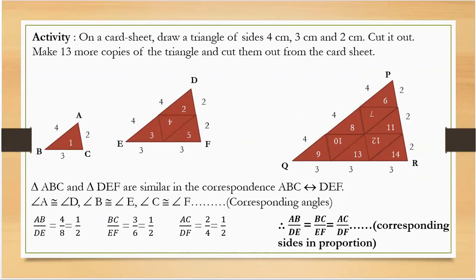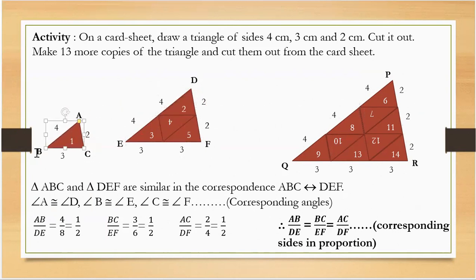All right. So now we are just going to compare ABC and DEF. First triangle, the original triangle, and the second triangle, the bigger triangle which we have obtained. So in triangle ABC and DEF, both the triangles are similar. How are they similar? Let us see. Similar means what? The lengths are not the same, but the angles are the same. So angle A should exactly coincide with angle D. So I'll go and match it. See, it matches with the D angle.